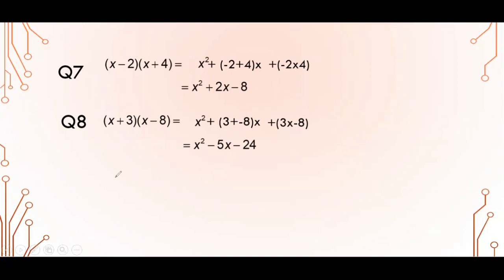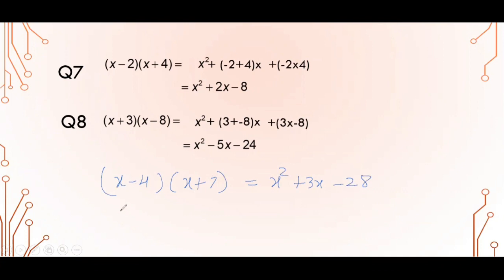So let me take another question with different signs. (x - 4), and let me take it as (x + 7). So we just compare: x square. Now minus 4 plus 7 you have to do. Minus 4 plus 7 is going to be plus 3. So simply put plus 3x. And the product of these two, minus 4 into 7, which is going to be minus 28. Orally you are able to multiply.